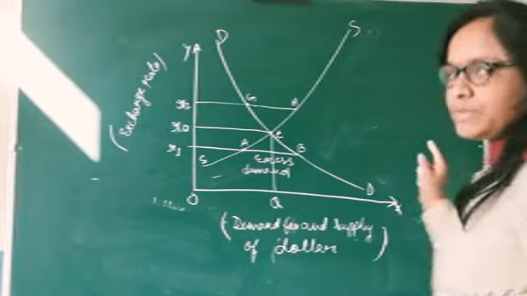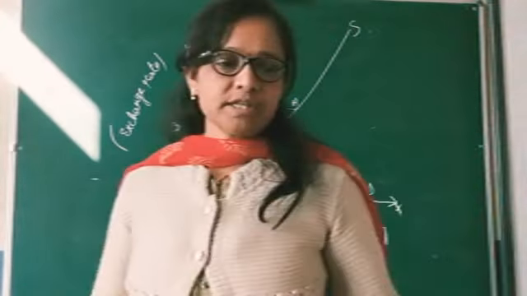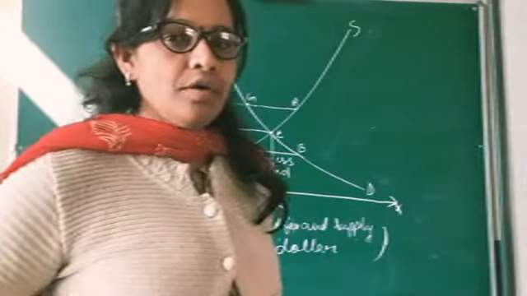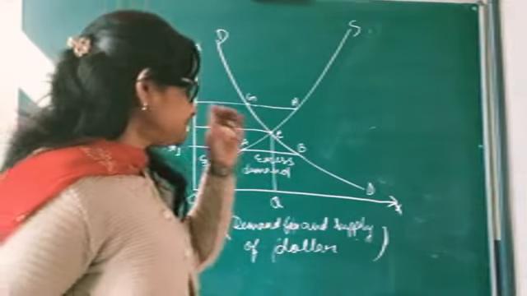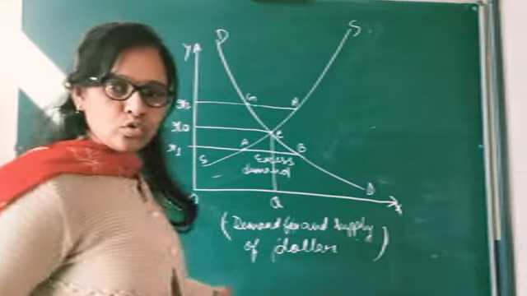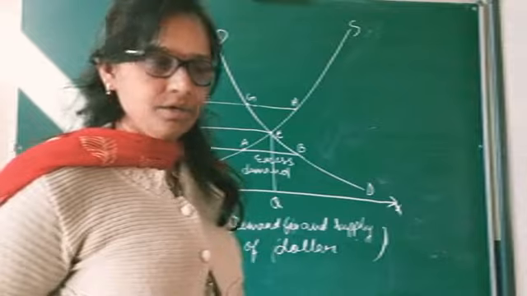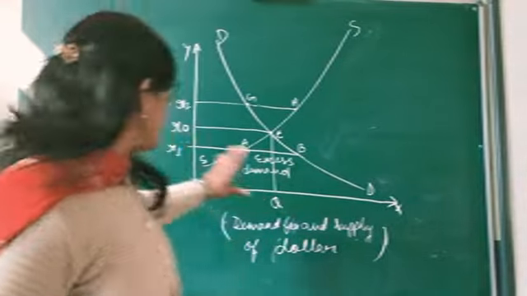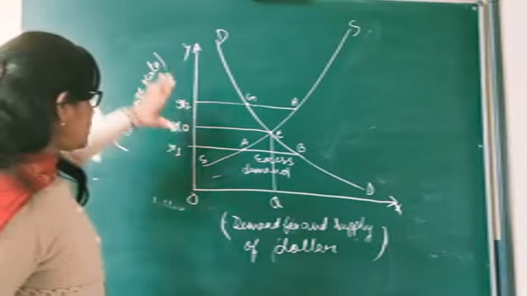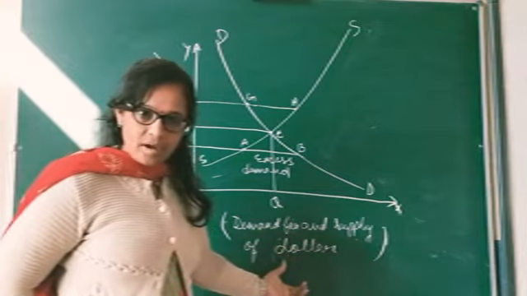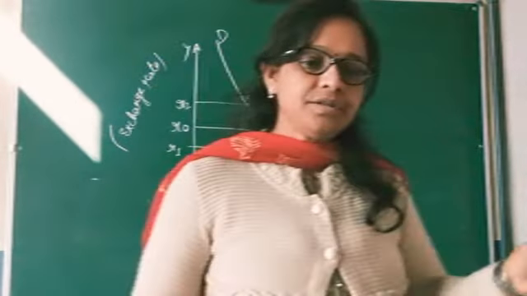So I hope you people have drawn this diagram. Now write down the explanation of the diagram. As you have shown, no need to explain what you are showing on the x-axis and what you are showing on the y-axis, because you have already labeled the diagram. Is it clear? Now write down under this.